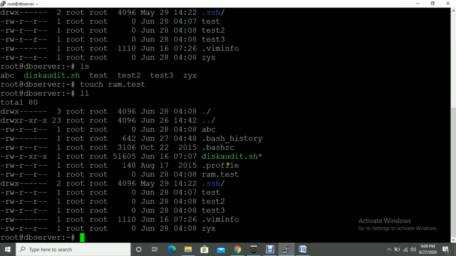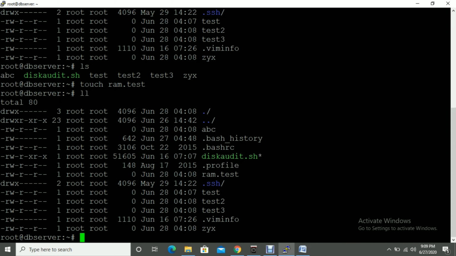You can see here it's showing ram.test. This extension is just for demo purposes. Sometimes you want a text file, so you have to use ram.txt like that. What comes after the dot in the file name we call the extension.